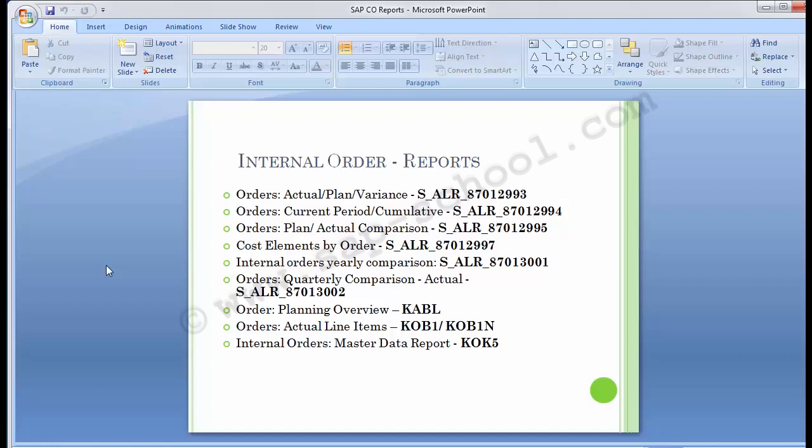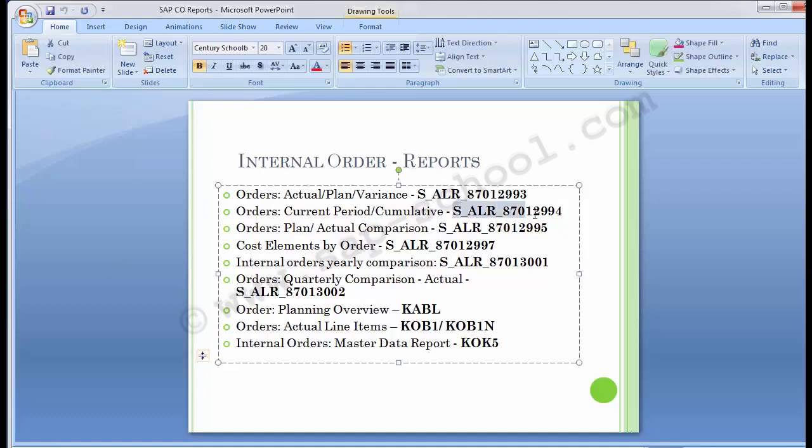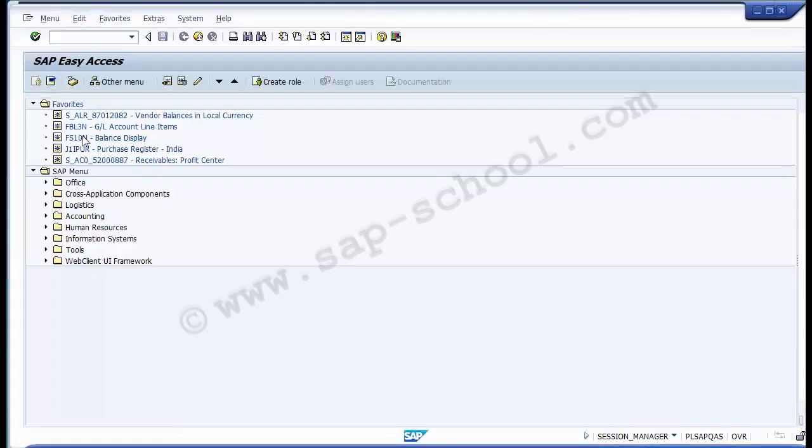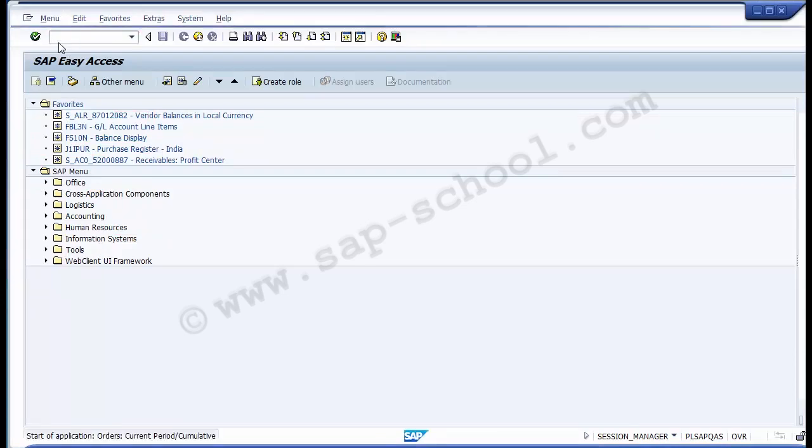So those things are a call which the internal management needs to take. So moving up to the next report, which is order current period versus accumulative. For this, the second report is S_ALR_87012994. So moving to the second report now, this will show you the comparison from the current period to the